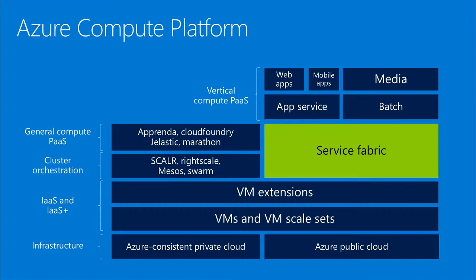The other thing to note about this diagram is that the Service Fabric layer sits at a level of abstraction above the virtual machines. So you don't have to deal with individual virtual machines. You are essentially creating a collection of machines and treating this as a logical unit. And we often call that the cluster. And once you have that cluster, you have a number of benefits that come to you. You have automatic fault tolerance, you have manageability, you have resource balancing, and things like that, capabilities that we often